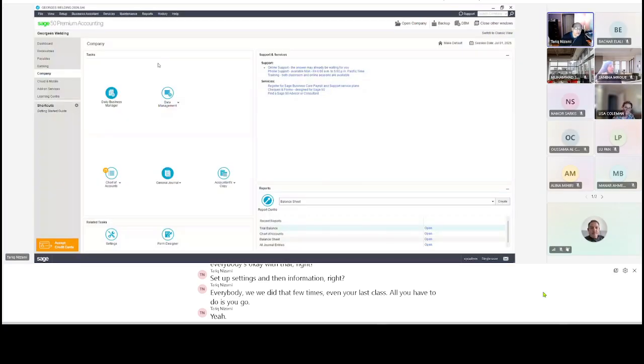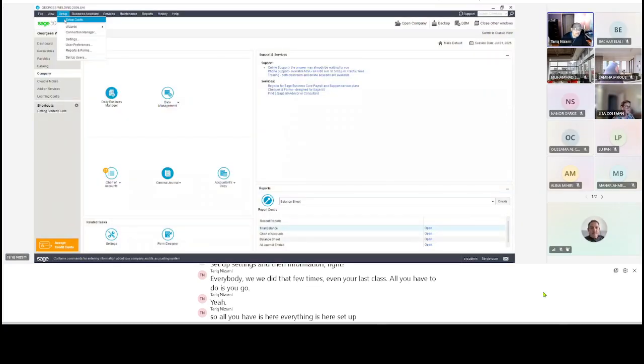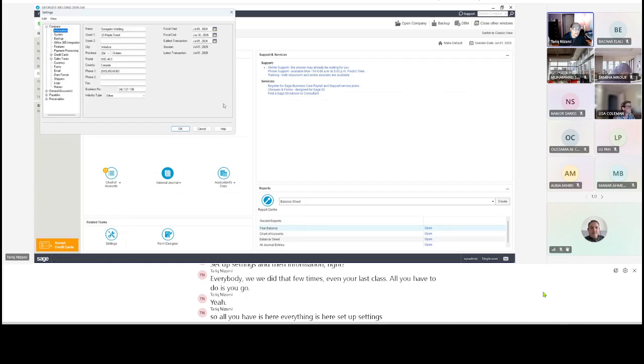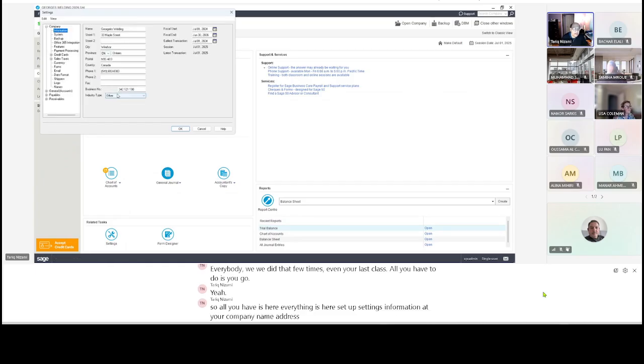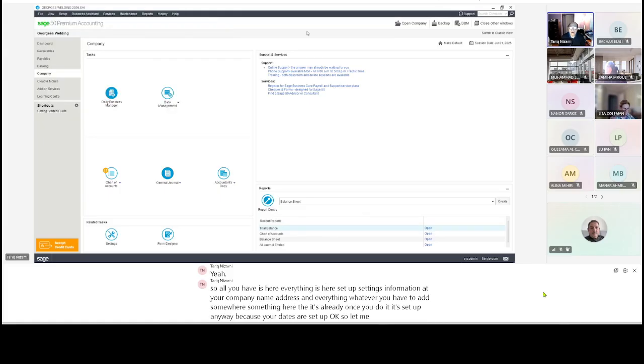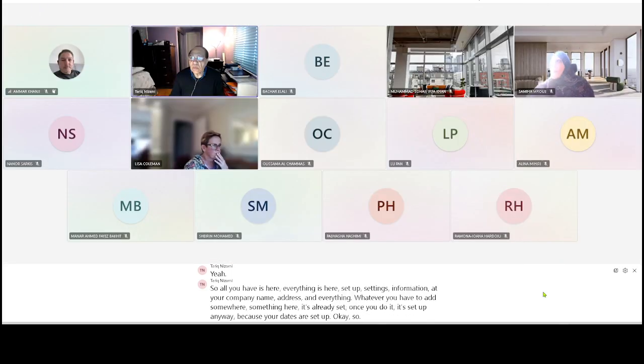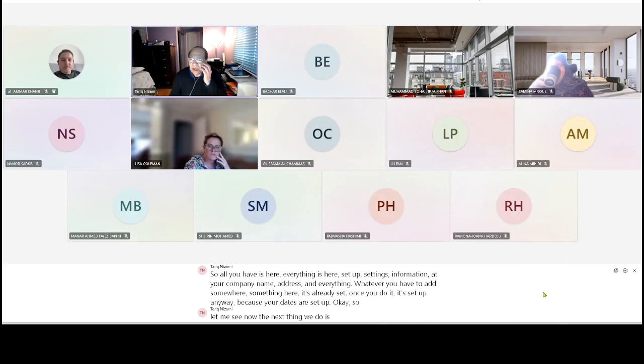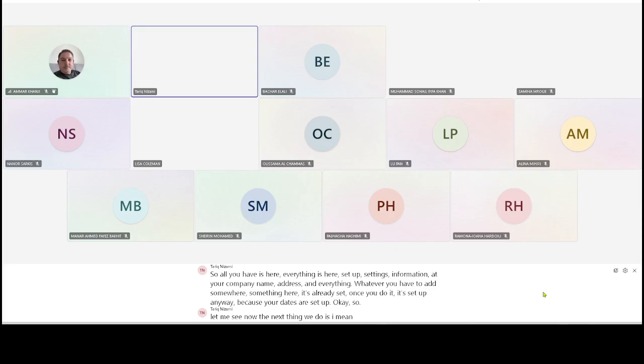So all you have is here. Everything is here: set up, settings, information. That's your company name, address, and everything. Whatever you have to add, you add here. It's already set. Once you do it, it's set up because your dates are set up. Okay. So let me see now. The next thing we do is, if you didn't get it the other day, don't worry,